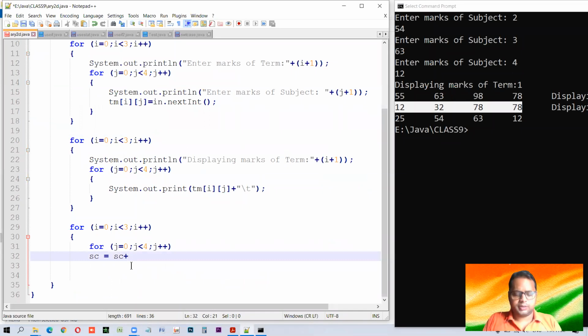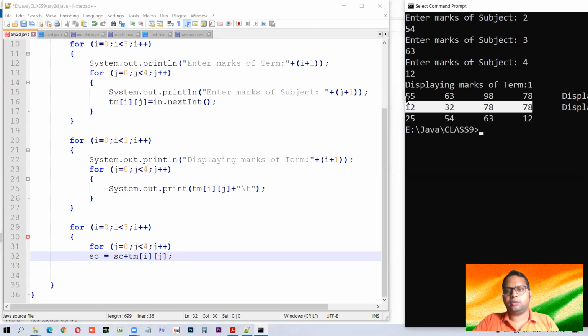What is the array? This is for every i. What does i is row. Okay. So this is going to take the sum of row.